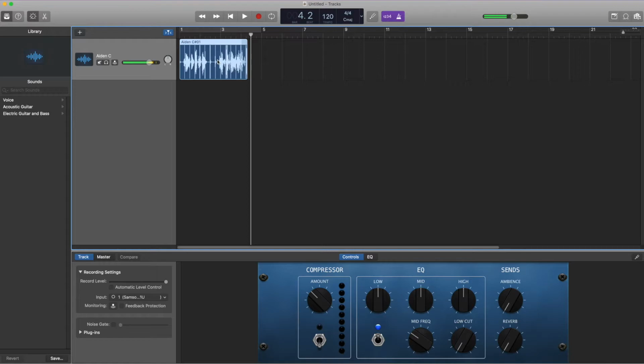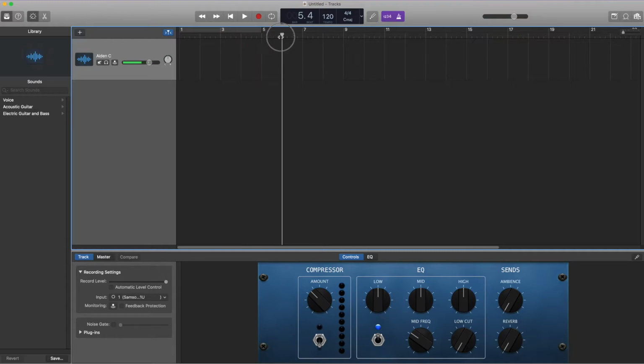So I didn't like that, so I'm just going to delete it. Go back to the beginning, and also you can use the rewind buttons if you want to go in smaller ways, like if you had something at measure 3. You can also use this playhead right here, and you can drag it around, but you gotta be in the right spot or else it won't let you drag it around, right? So just keep that in your head.